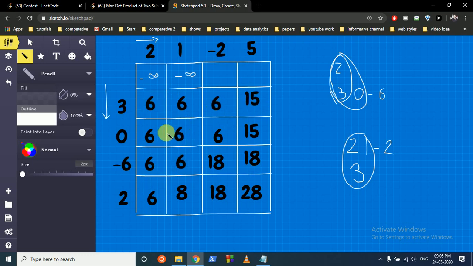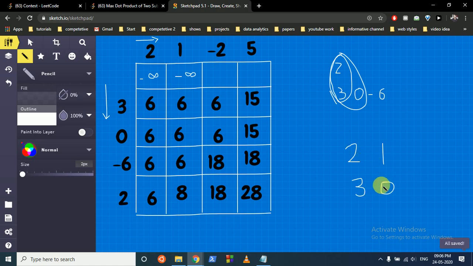Now start filling these elements. Okay, so how do we fill these elements? Always try to write the components of the DP and find out how we can divide it into subproblems which we have calculated before.